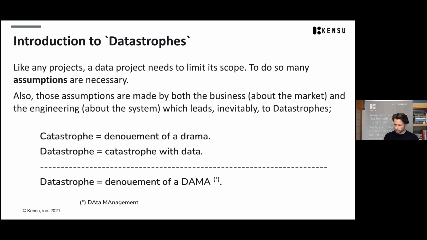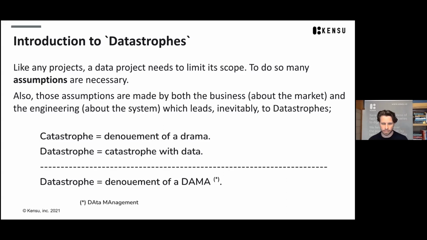Assumptions about the market, for example: we're going to do fraud detection for only the Visa card in this type of transaction, and it behaves like this. So we know that there is fraud in such and such occurrences. And there are other assumptions that will be made at the engineering level during the implementation, which are about the system. My machines are up, the data is always there, et cetera. All those assumptions that we always make.